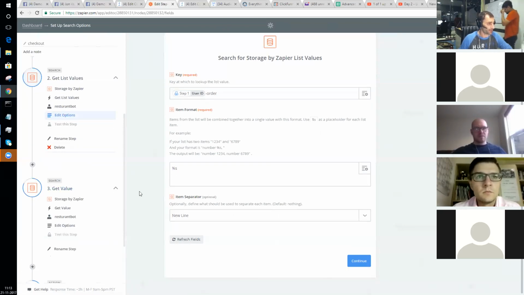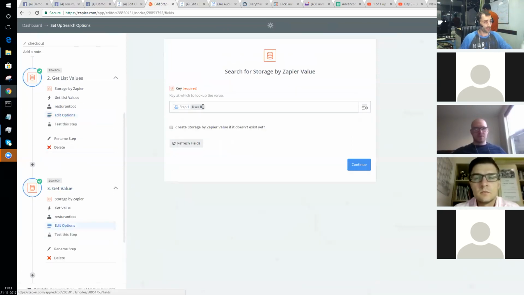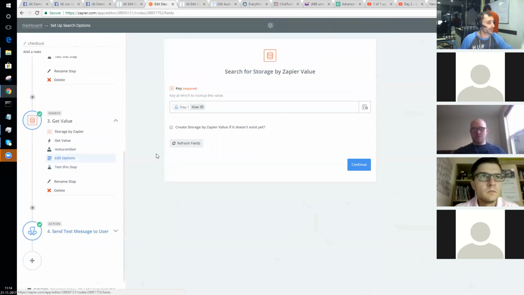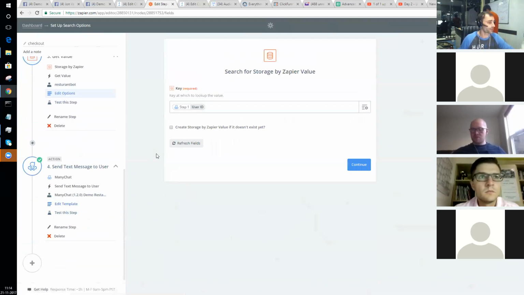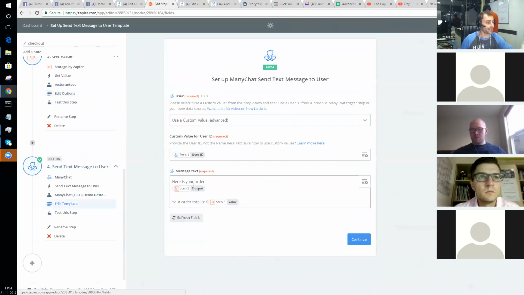Now I'm going to go in and get this value. I'm going to look up this value right here. If you remember this key, this is the value that holds our order total. So I'm going to grab that order total. And then all I'm going to do with that is send a text message to the user that basically says, hey, here's your order. Give the output from step 2, which was the fetch and the lookup that went in and actually grabbed all the line items from our order. And then I'm going to say your order total is $, and then whatever the value is that I got from